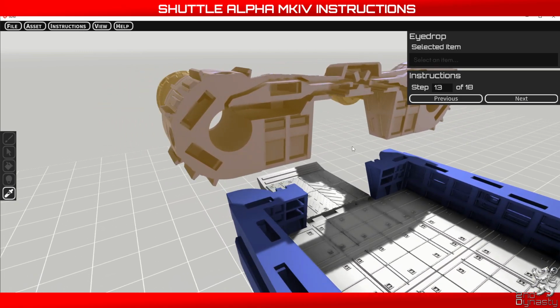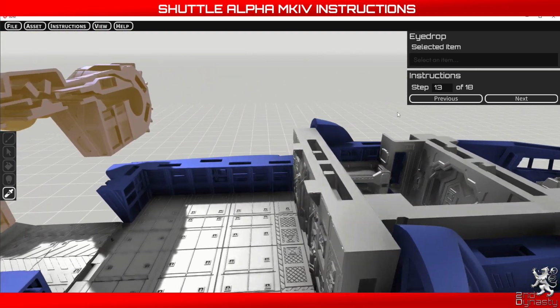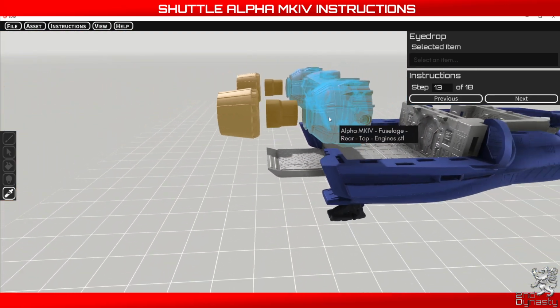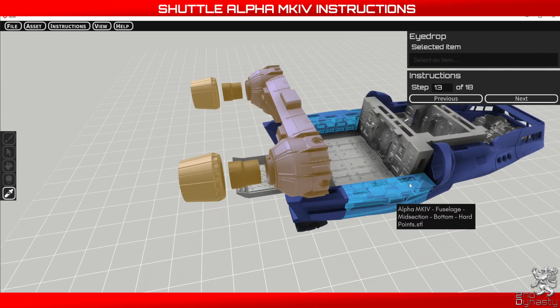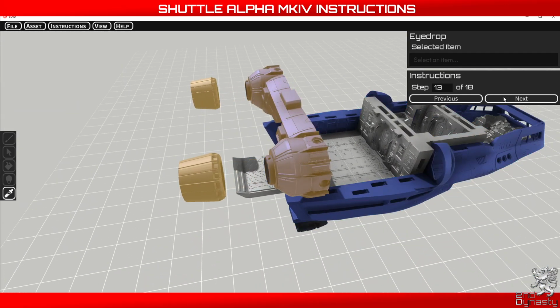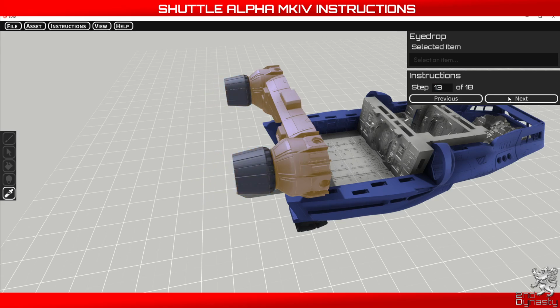I did a very simple job of it when I did mine. The lighting, of course, is completely optional. And then we will, there we go, see a little bit better. You just slot the light holders in, and then the engine cones you insert over the top, and then just twist